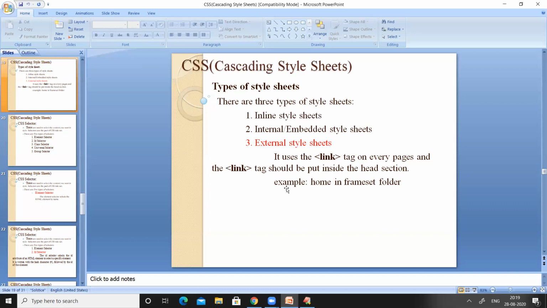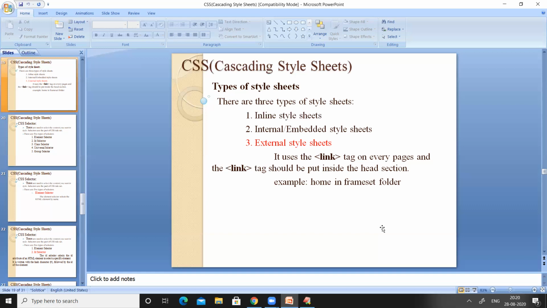Similarly, for the link tag also, there is an attribute called href, and for that href we have to pass the complete path of the CSS document, so that it will link the CSS document to our HTML document.